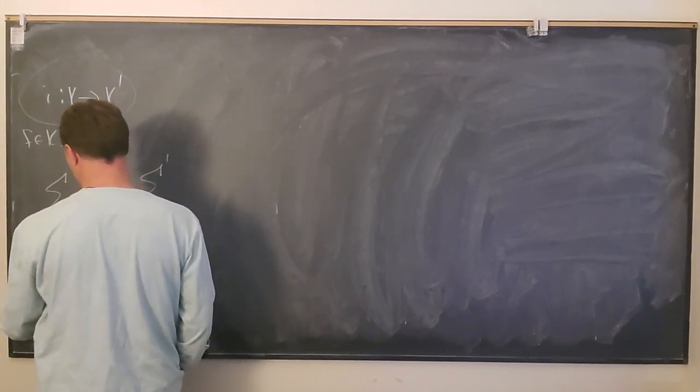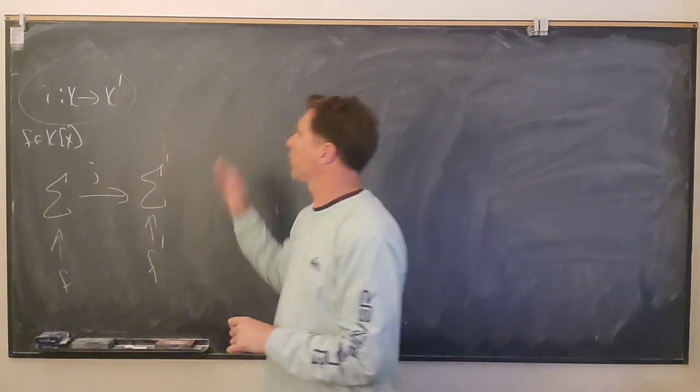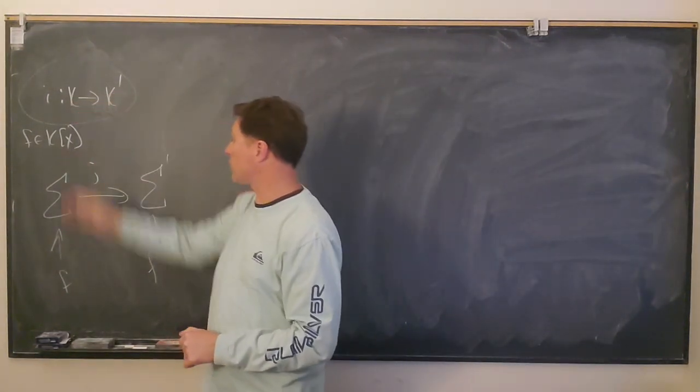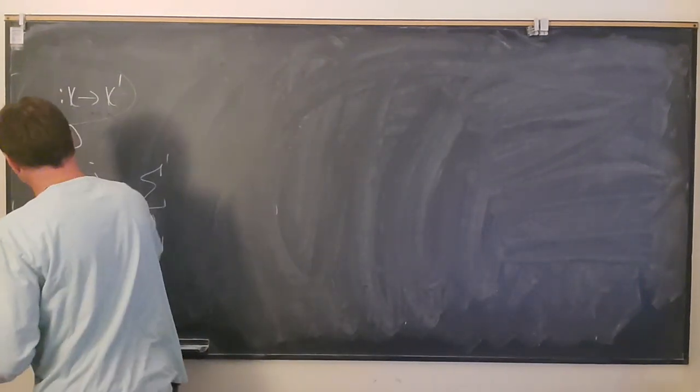This one's the splitting field for f, and that one's the splitting field for f prime. So an isomorphism of the base fields, the field of coefficients, induces an isomorphism of the corresponding splitting fields. And as an application